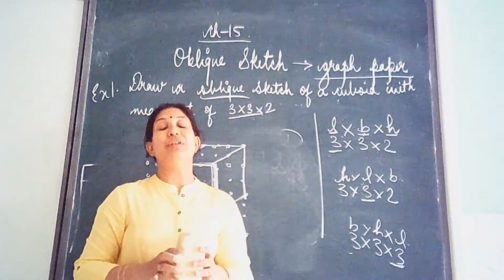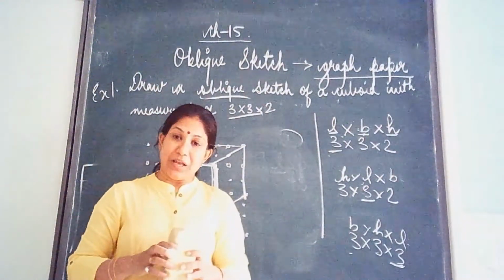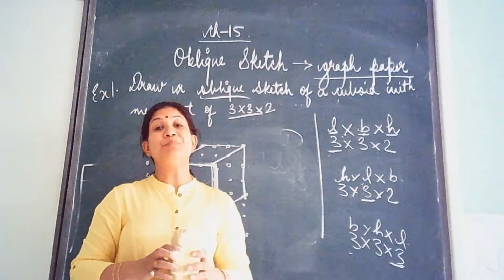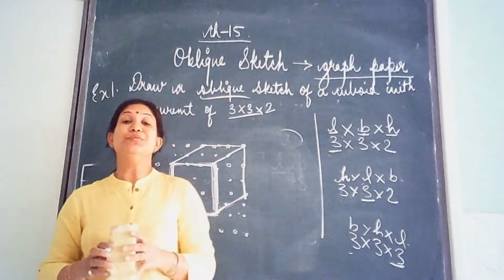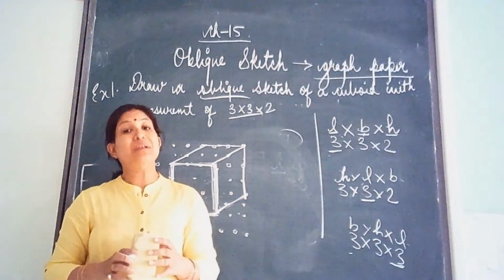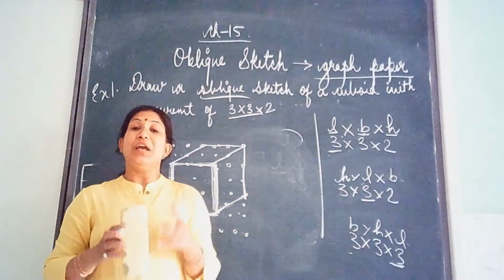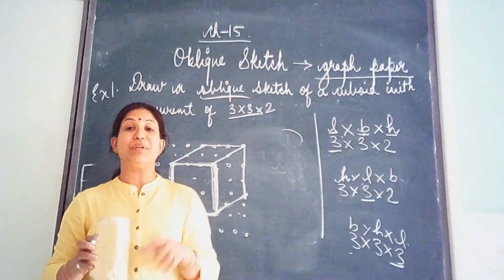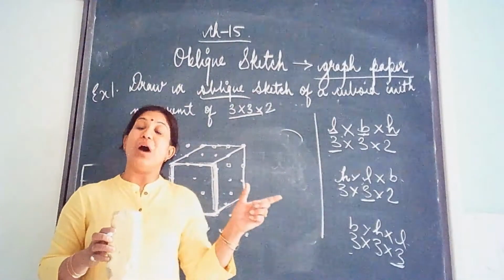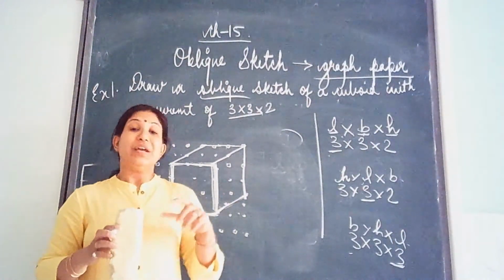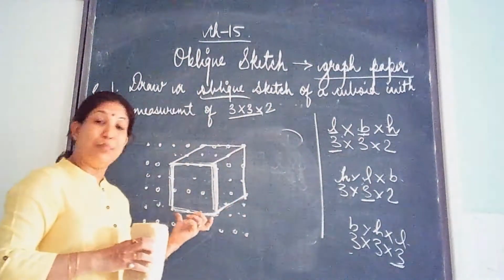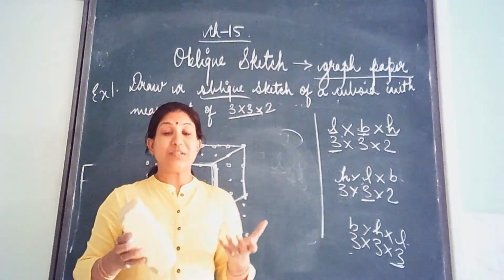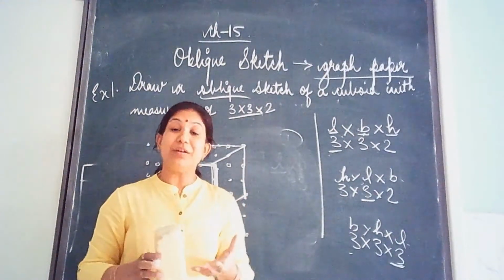Few questions you have in your book, you can try. Get the isometric sheet from the market and you can draw and find out on your own how interesting it is to sketch the isometric objects or the cubes. It can be any object. That is why we have integrated this chapter with your activity for art and learning, because it's not only the shape. We have just drawn a box. You can draw any solid figure if you want.